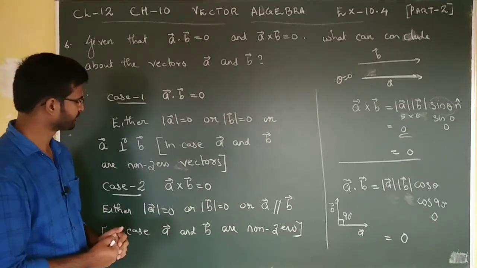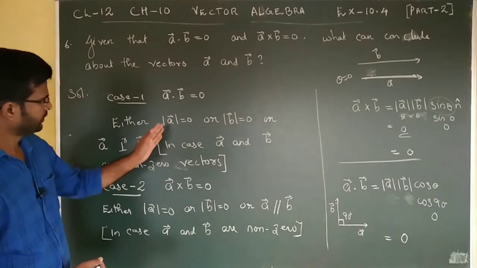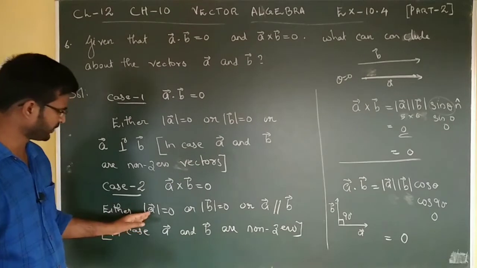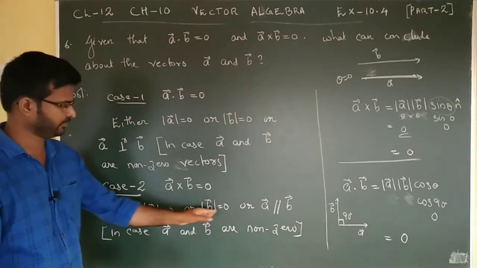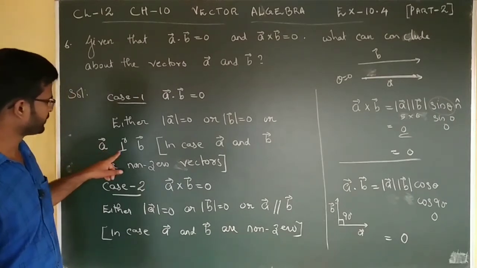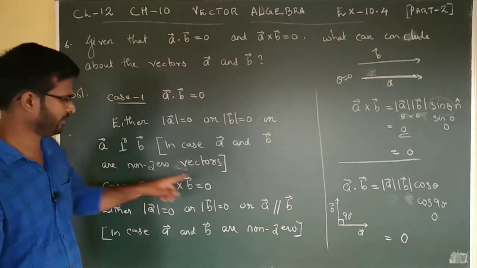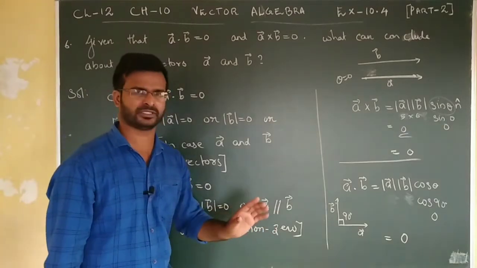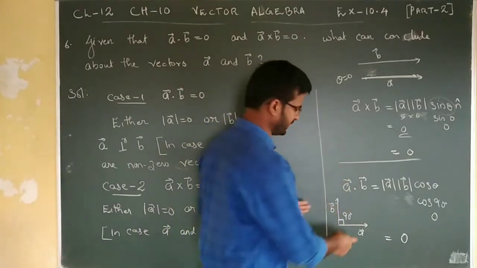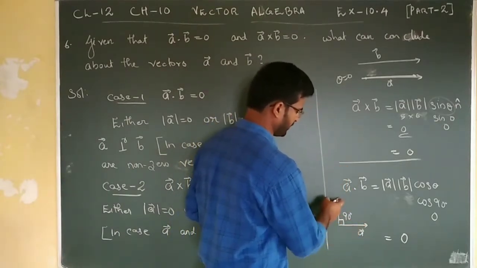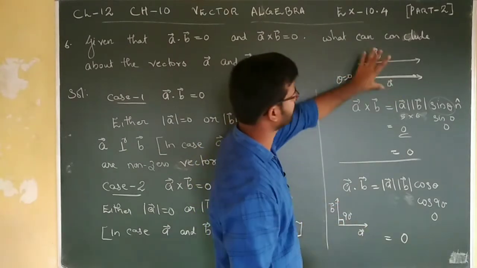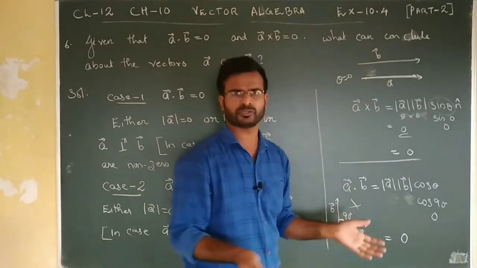First part is, check it, magnitude of A vector equal to 0, magnitude of B vector equal to 0. In here also same, magnitude of A vector and B vector is 0. But check it in here, second part, A vector perpendicular to B vector and A vector parallel to B vector. That is possible or not? Look, only we have two vectors A and B. We can make perpendicular, that time we cannot make parallel, isn't it? Otherwise we can make parallel, that time perpendicular not possible.